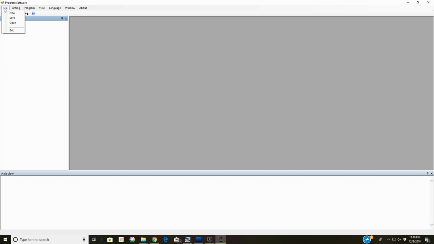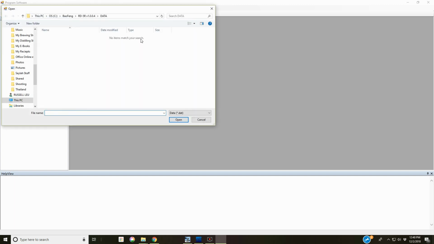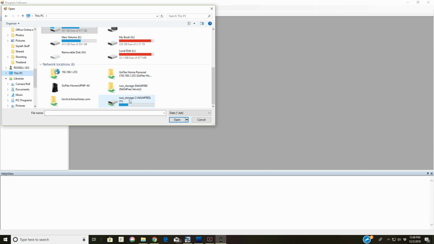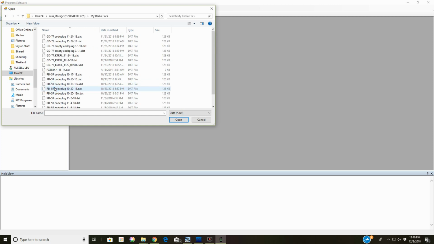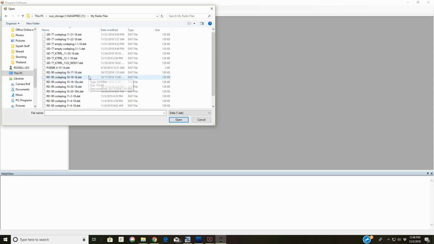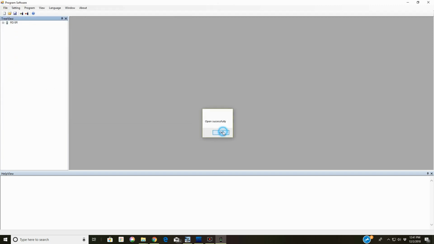It's going to look, I should have it. Let's see. The last thing I put in that radio. My radio stuff. Where is it? Radio files. So let's try this one. This ought to be pretty close to what's in that radio already. And we're going to go to tree view here, and we're going to click on plus. And first thing we're going to do is look at